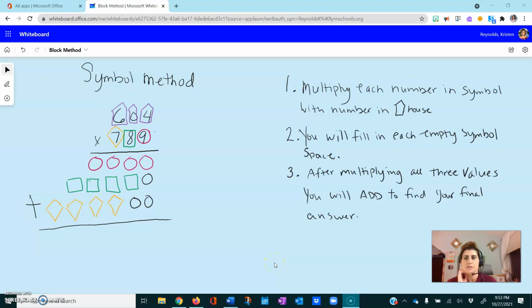Hi students, this is a review of the symbol method for multiplication of multi-digit numbers. This is simply another strategy that you can use if it works for you. You don't have to use it if it does not help you, okay? It is simply a strategy, all right? If you're going to use this strategy on a test or anything of that nature, my suggestion is to